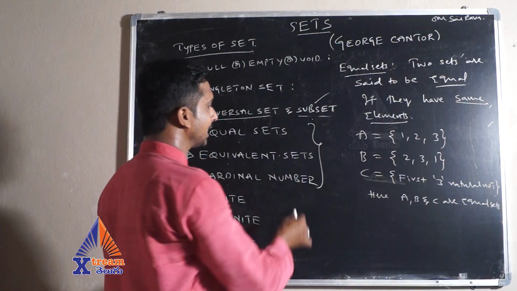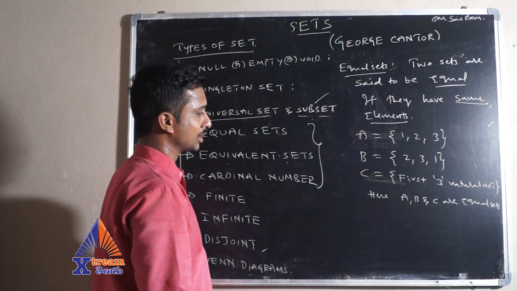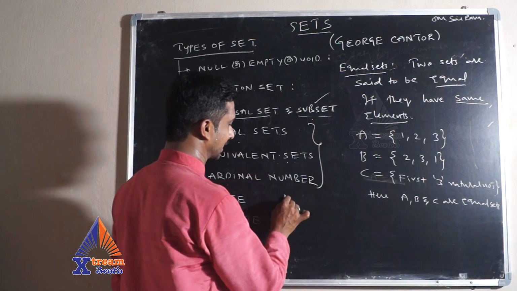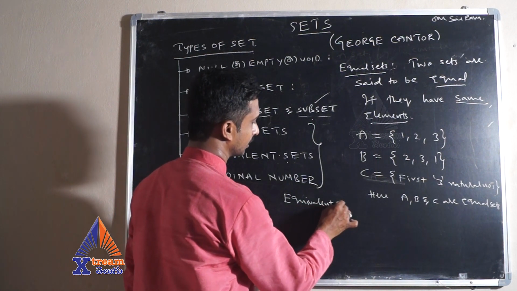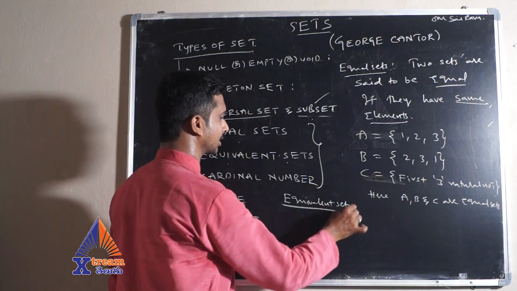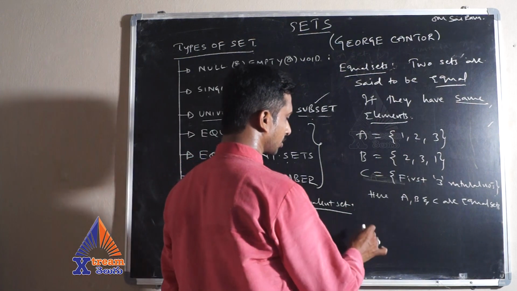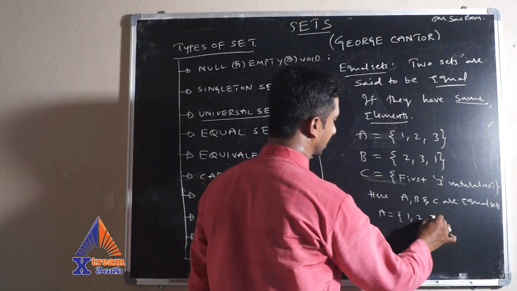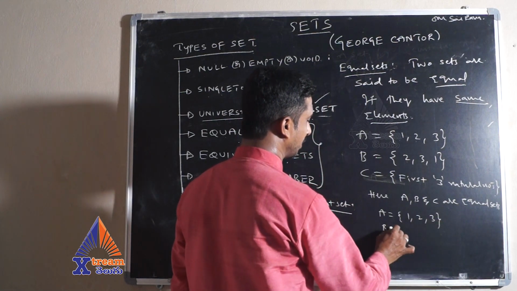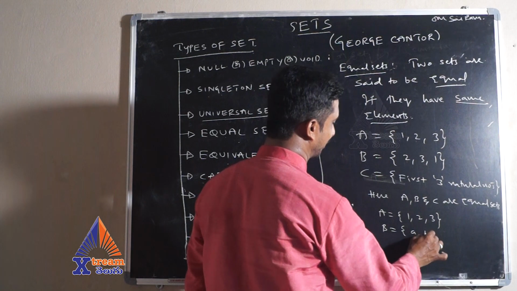Now coming to equivalent set. There is a slight difference in equivalent set. So equivalent means, suppose A is equal to, let me take 1, 2, 3 only. If B is equal to, if I take a, b, c,